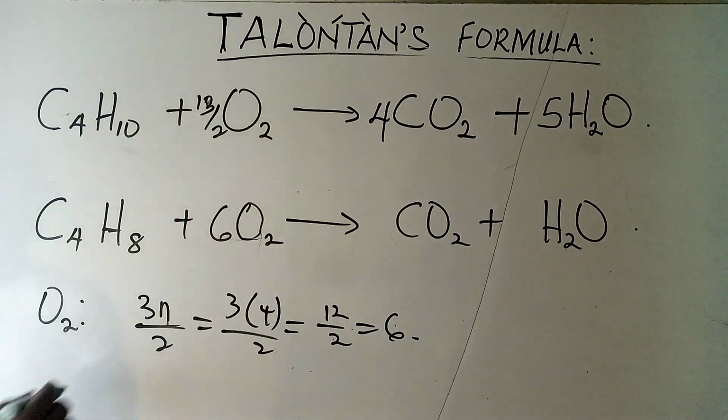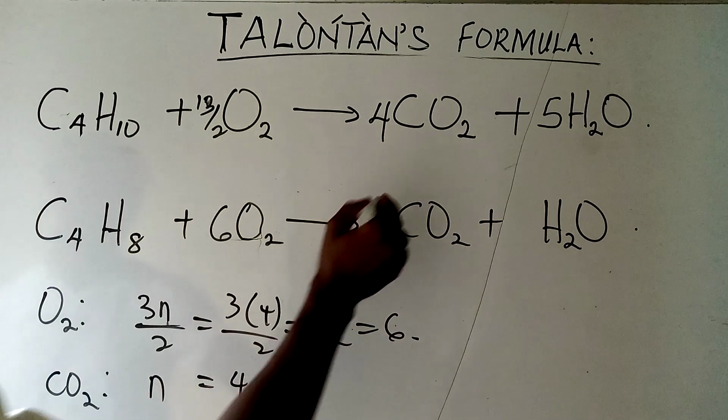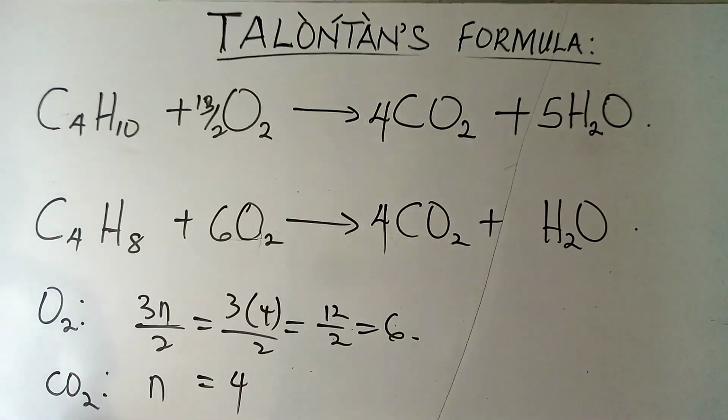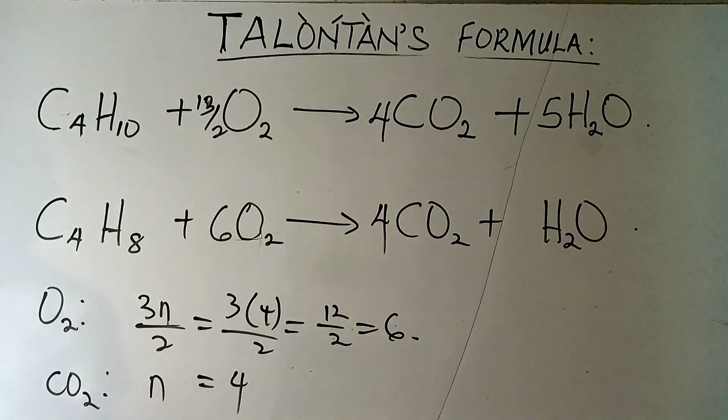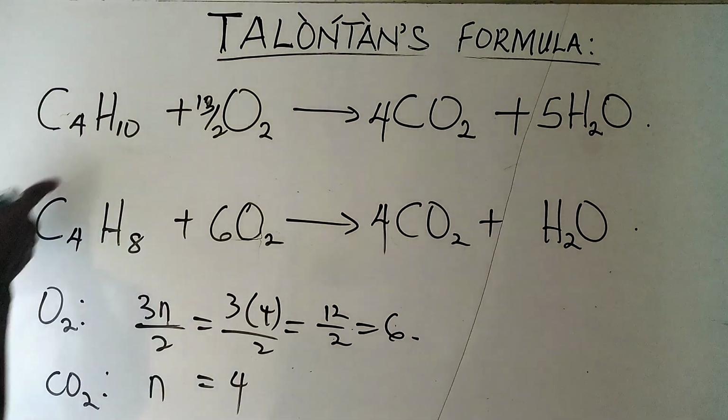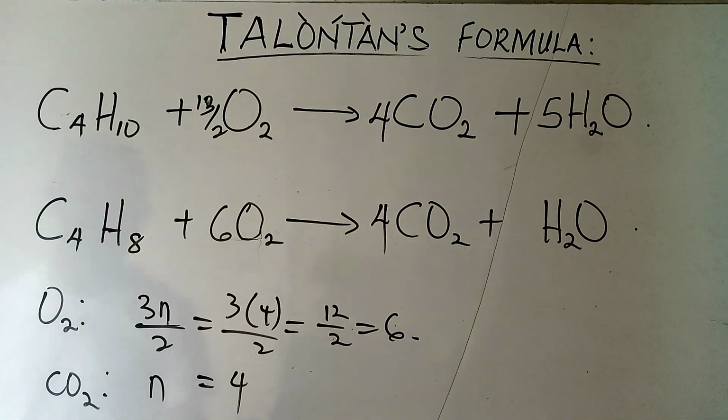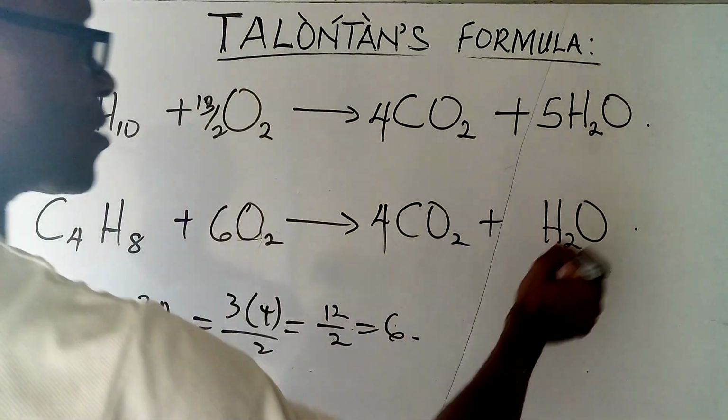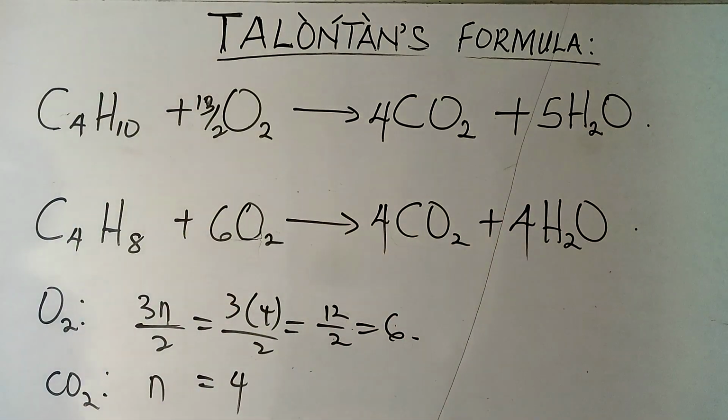For carbon(IV) oxide, its own coefficient is n, and that will just be 4. While for H2O, its own coefficient is n also. That is for alkene, and that will also be 4. So I'll just put 4 here. So I'll balance it. If you check,